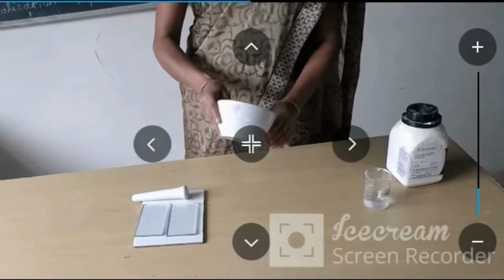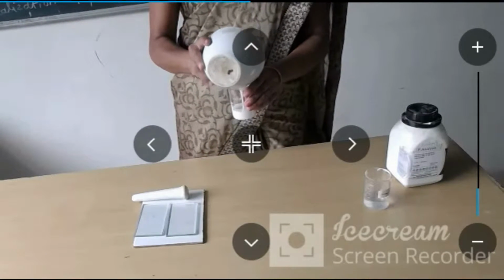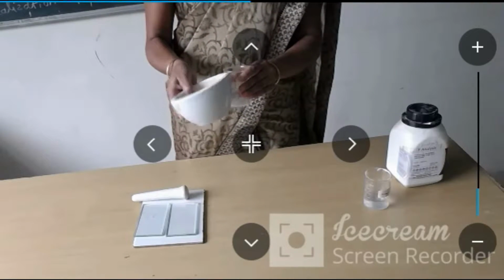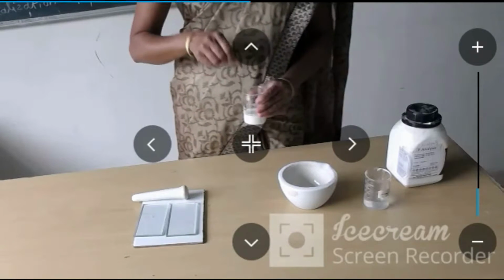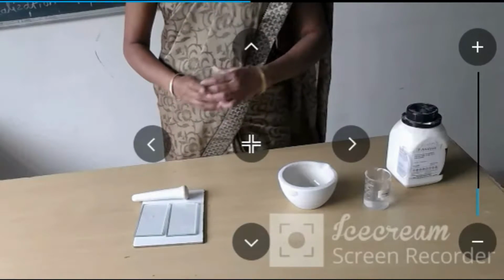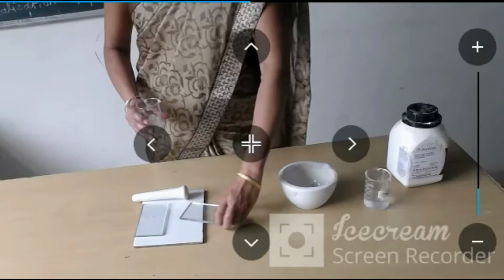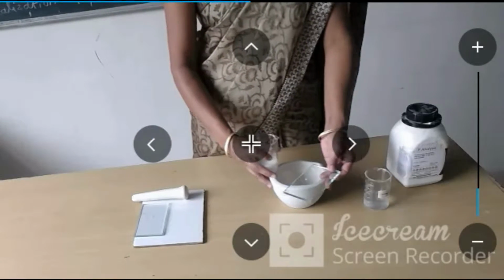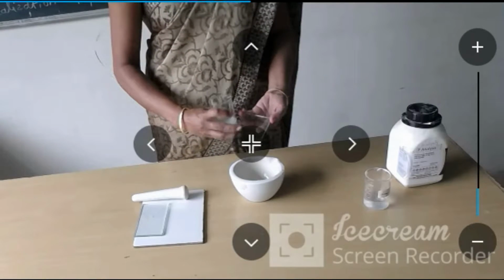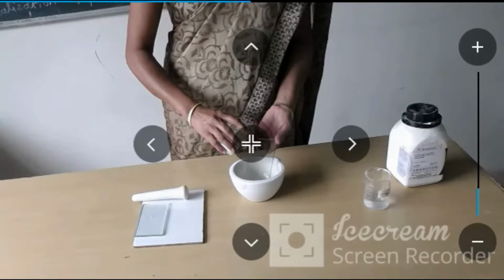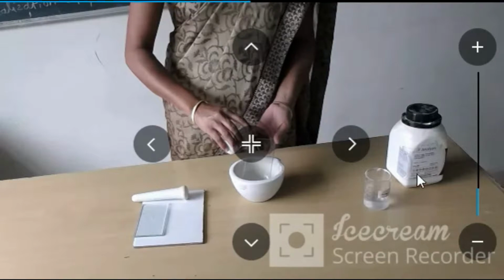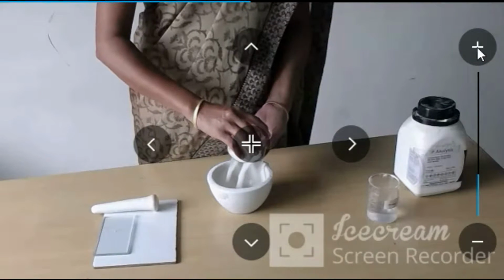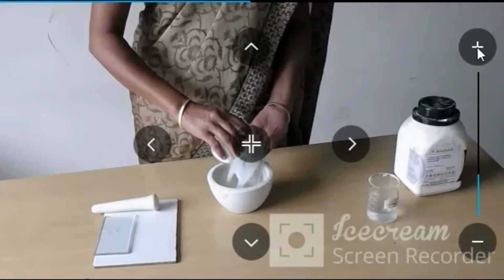Into the beaker, because I am preparing my plates by using a method known as pouring. There are different methods like dipping and spreading. Different mechanical spreaders are available to spread and have a uniform layer on the TLC plate. Today we are going to do it by using the pouring method. Now I am going to pour it from the top of the TLC plate to have a uniform layer of silica gel.